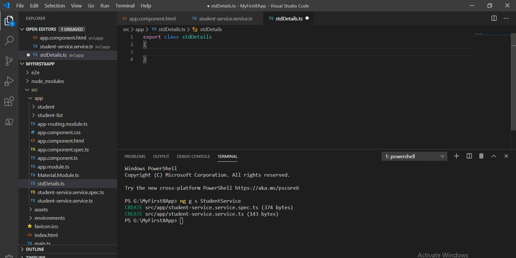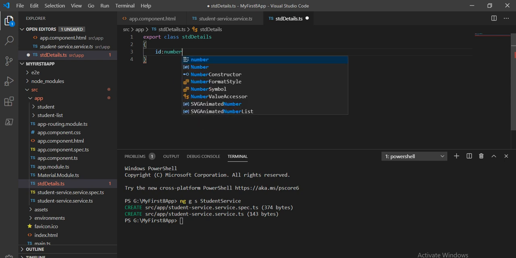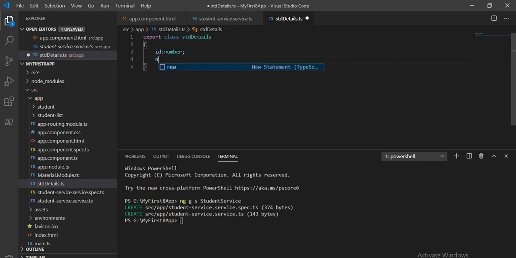Here I am going to define the id, which is a number type, name, which is a string type, next is the age, again a number type, and next I will take the address, which is again a string type. So we have defined the properties of these student details.